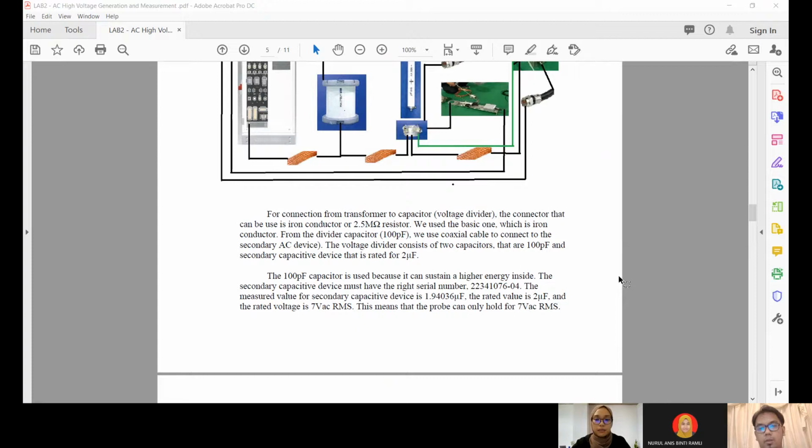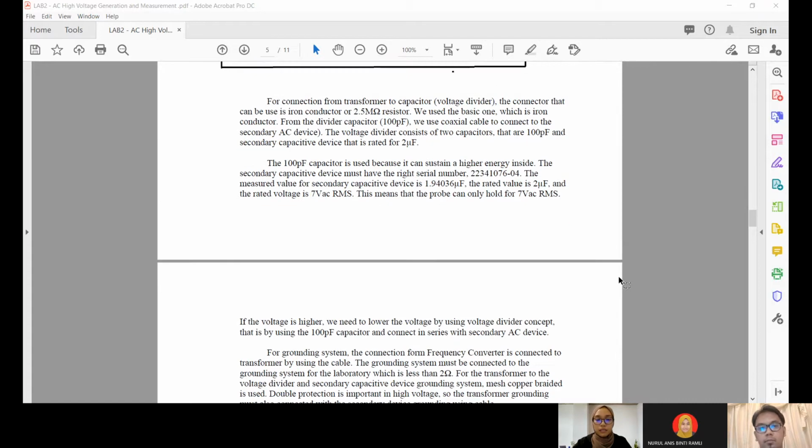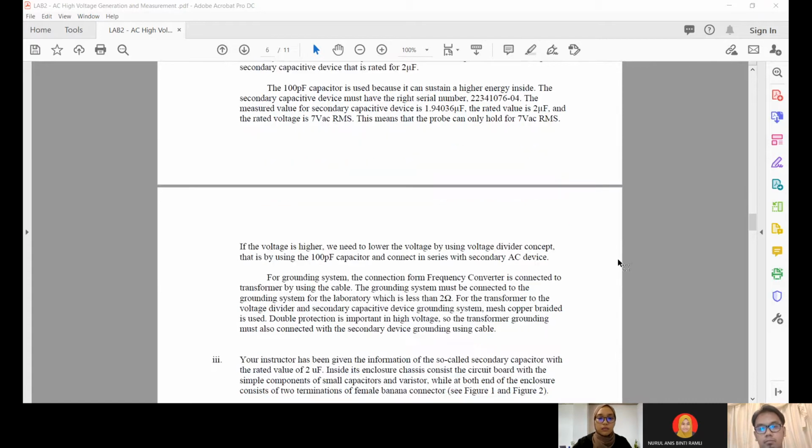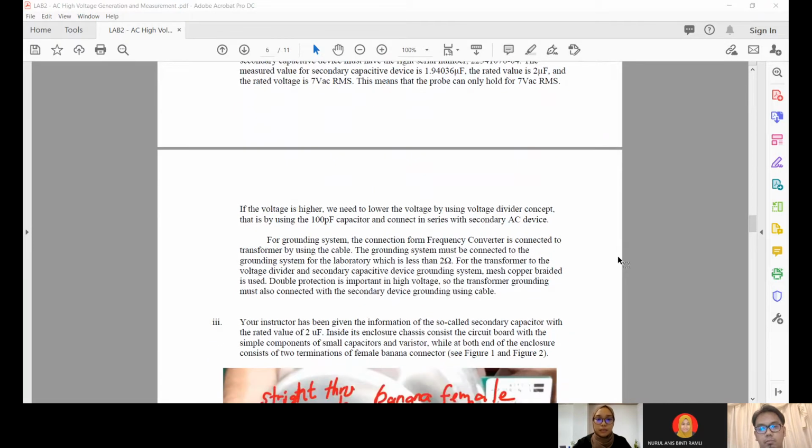This means that the probe can only hold 7 VAC RMS. If the voltage is higher, we need to lower the voltage by using the voltage divider concept, that is by using the 100 picofarad capacitor and